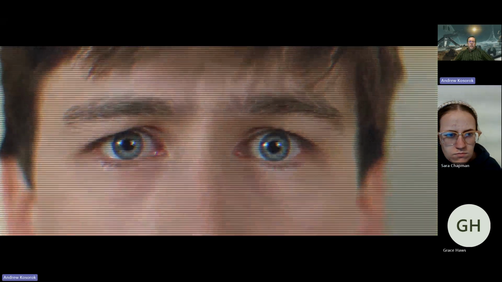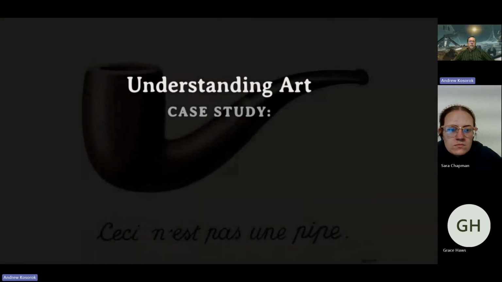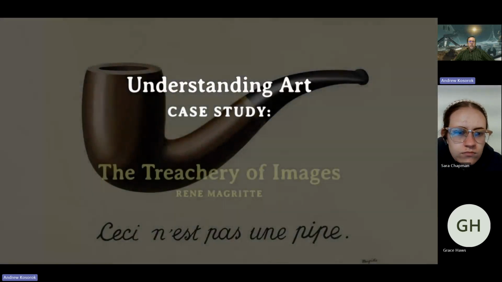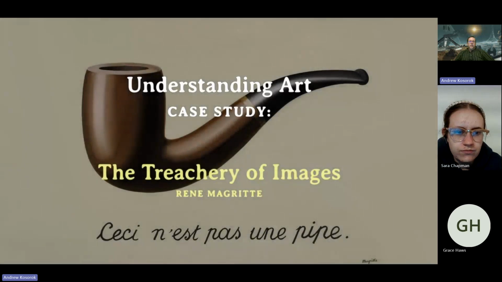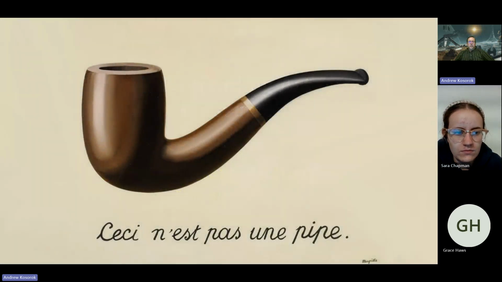But what about paintings that do the opposite? Rene Magritte's The Treachery of Images moves more than an inch in the direction of the viewer. It goes all the way. The painting speaks in a language that we can understand, which is to say, language itself. Ceci n'est pas une pipe. This is not a pipe. The painting actually says something. It engages. It talks. So what's it trying to say?